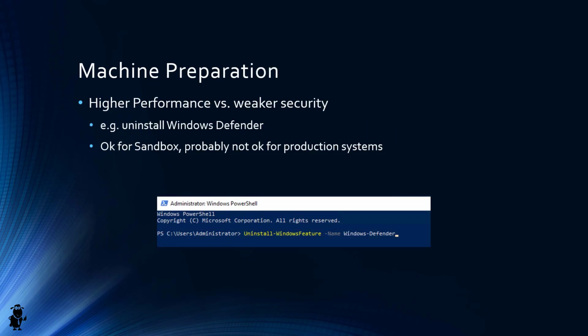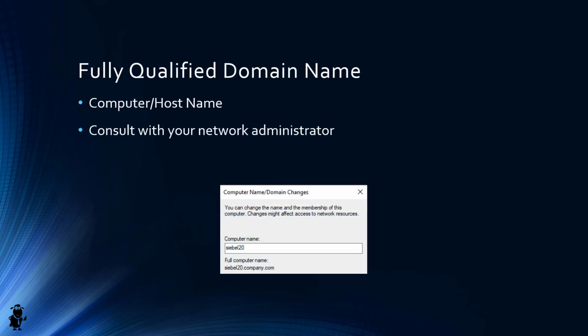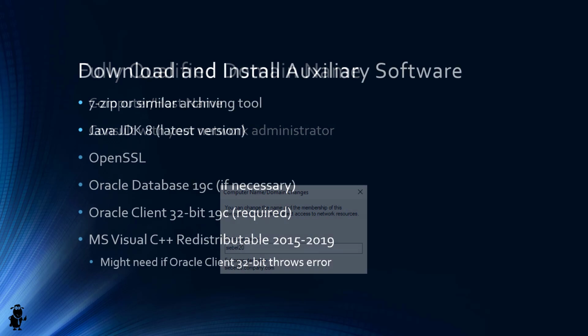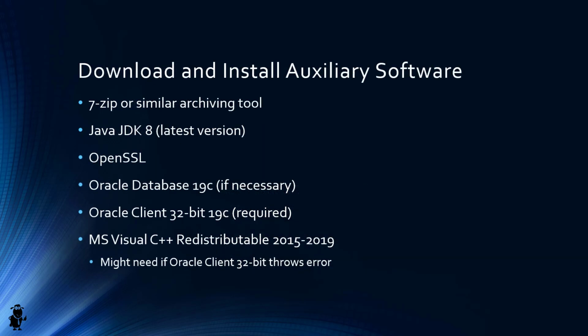I'm preparing the machine a bit in terms of making it faster, which is of course not okay for any production systems, but it's okay on the disposable sandbox that we will produce here, for example, to uninstall the Windows Defender to speed up the performance. We will rename the machine so we can use the FQDN in the self-signed certificate,